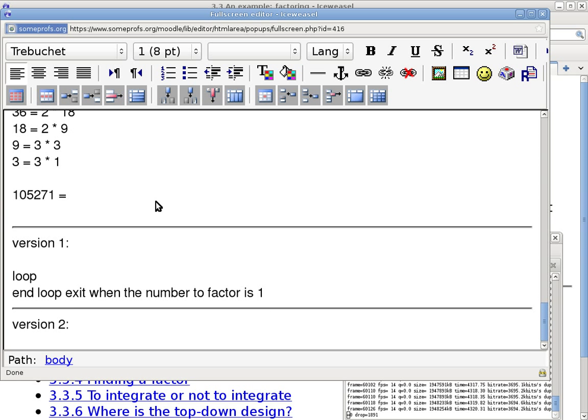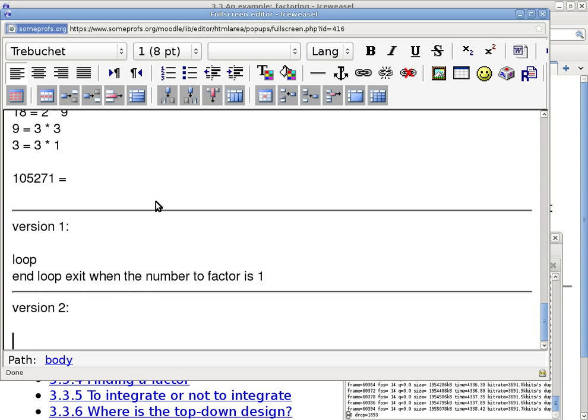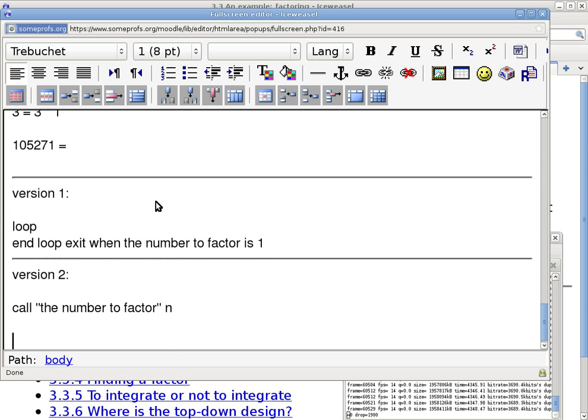So, version 2. Version 2 is saying, yeah, but "the number to factor is 1" is really kind of confusing. Can we use a variable name to replace, quote unquote, the number to factor? Let's just call it n, because mathematicians like n, I like n too. So in version 2, we call the number to factor n. Okay, nice, because now I can rewrite this